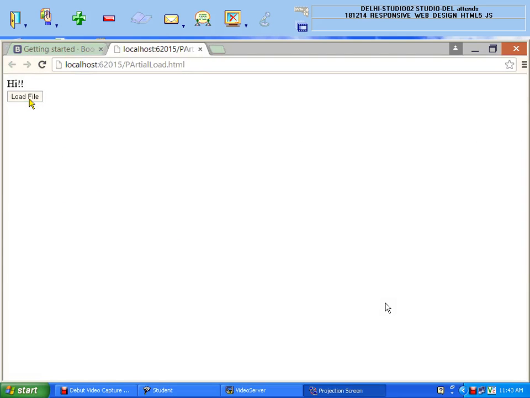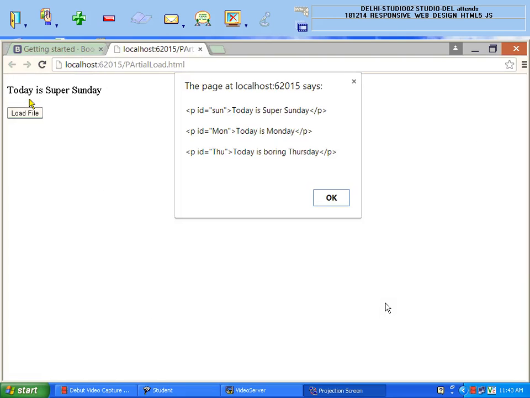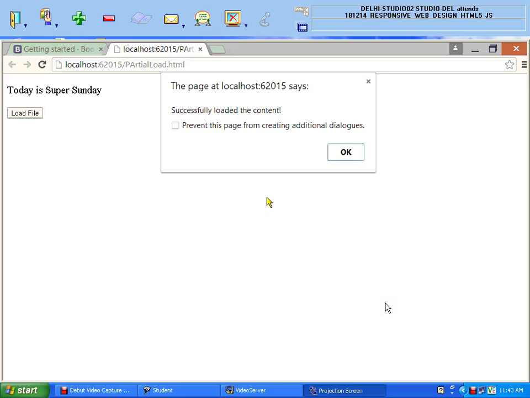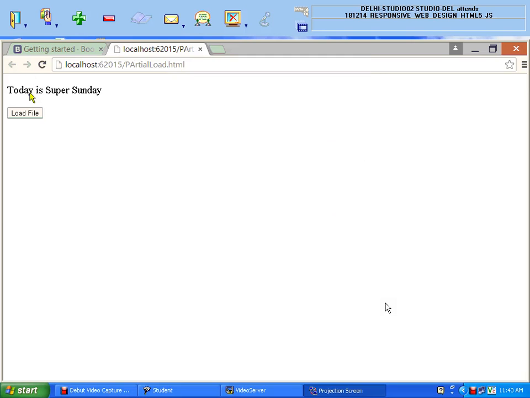I clicked on that, and you get a message on the alert box, whatever is written in that HTML file. After that you get a message, successfully loaded the content. And you can see the content is coming over here.